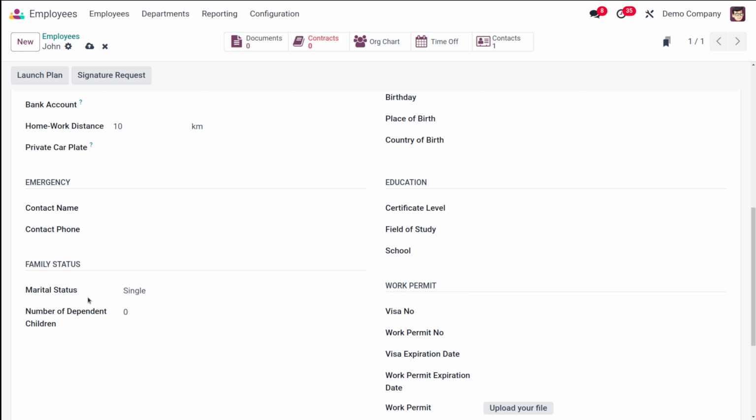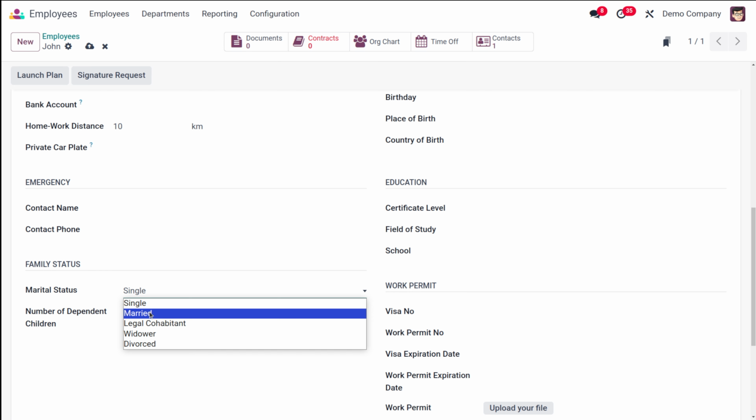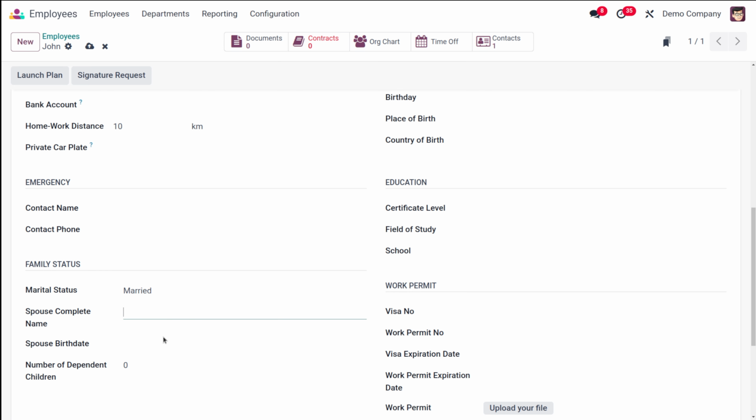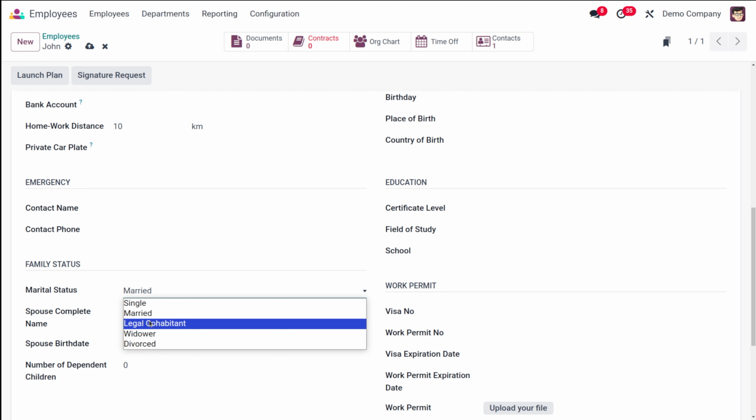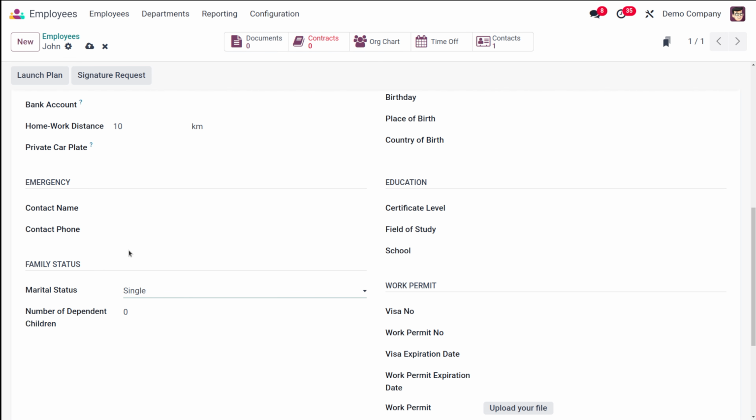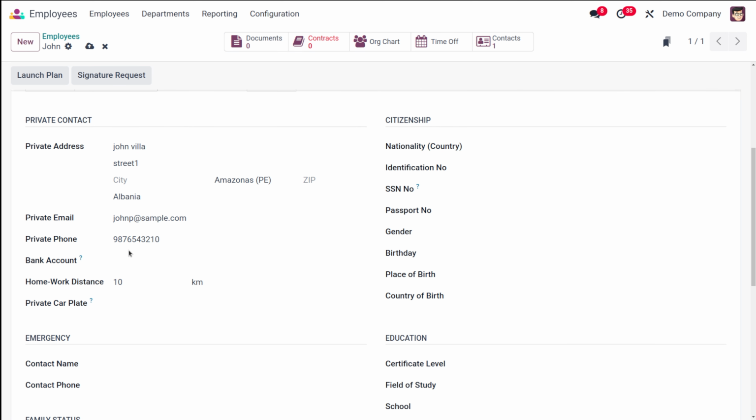So here you can specify the marital status as well as the number of dependent children. So if he is single, then dependent children will be 0. If he is married, you can give the spouse name, okay, the spouse birth date and the number of children. So I am putting this person as single. And then you have the,